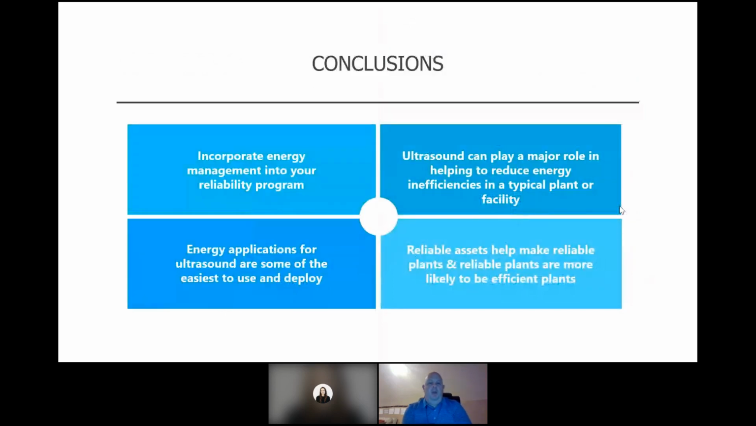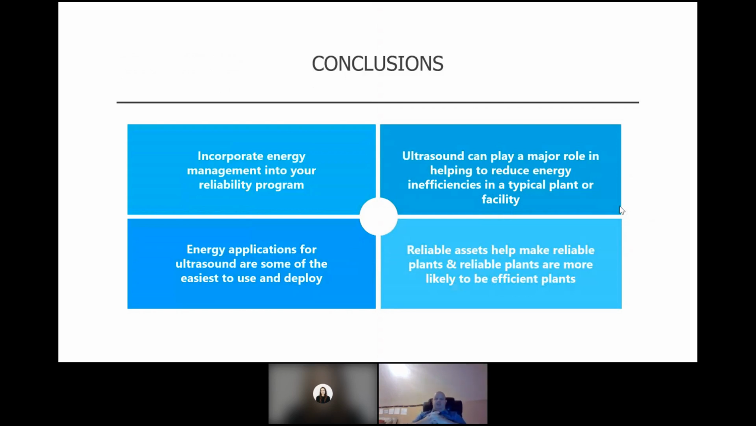So just wrapping up here, we think about ways that we can incorporate energy management or energy conservation into our reliability program. Ultrasound, hopefully you've seen, can play a major role in helping to reduce energy inefficiencies in a typical plant or facility, especially with compressed air leak detection. It's the easiest thing you can do, and it's the application where you're going to have the quickest return on investment. And a lot of times people are quick to rent a compressor to keep up with demand, or we look at